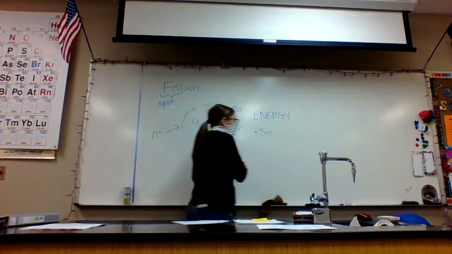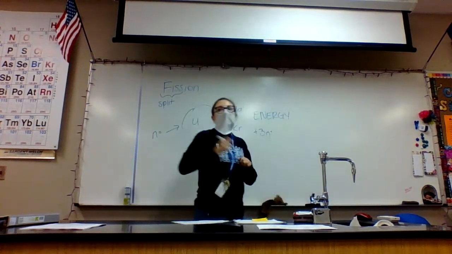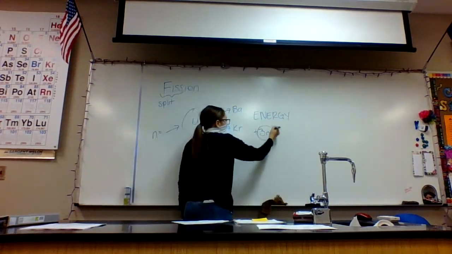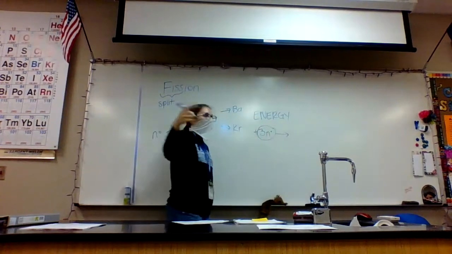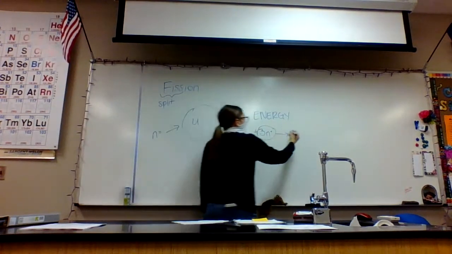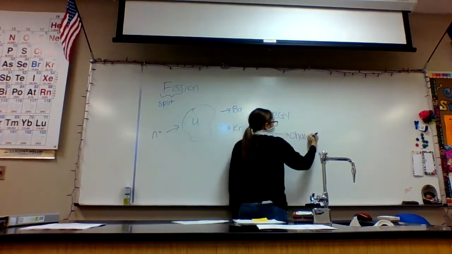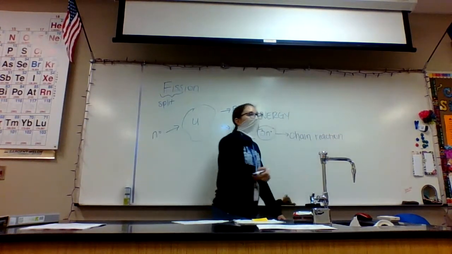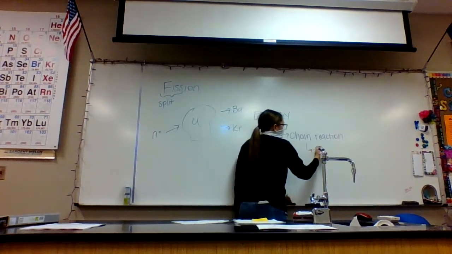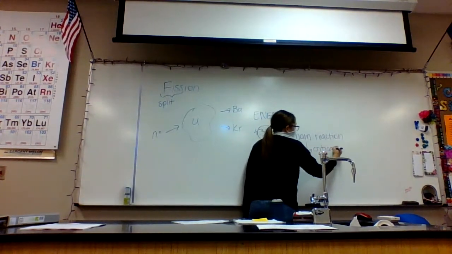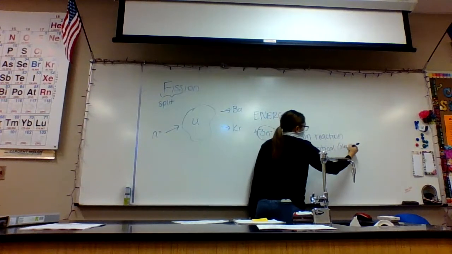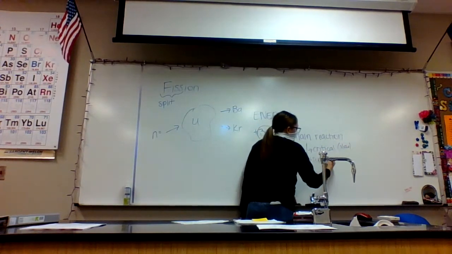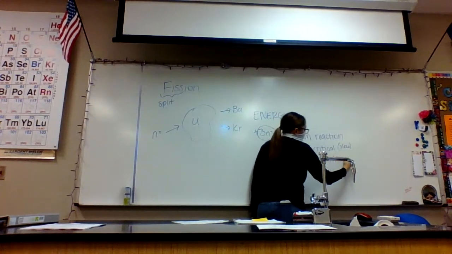Now, what are those 3 neutrons going to start? A nuclear reaction. Happens over and over and over again. A chain reaction. Okay, and we just learned from that dominoes video that there's 2 types. So, she talked about a critical chain reaction. Was that the fast or slow one? Slow. And then what was the other one called? Supercritical. And that was the fast one.